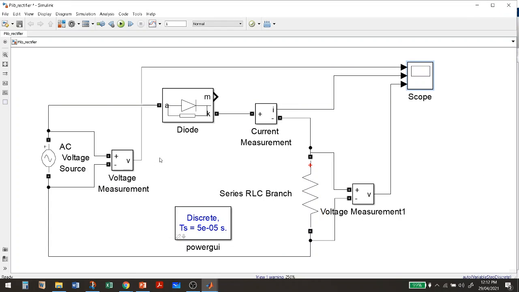So any doubt here? Here you can mention the value of the resistance. You can click here, and I kept R as 100 ohm.